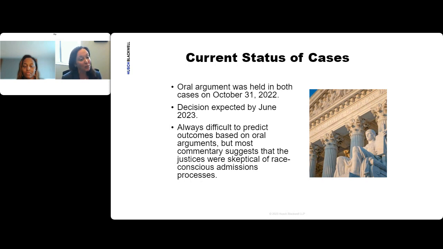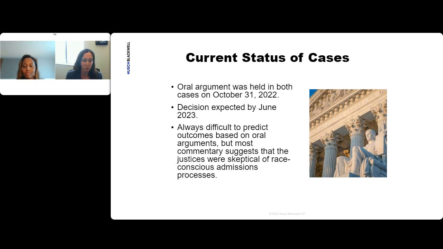Of course, it's difficult to predict outcomes when it comes to Supreme Court cases, but we know that Chief Justice John Roberts, as well as Justice Clarence Thomas and Justice Samuel Alito, have opposed race-conscious admissions in previous cases. And we don't have prior decisions from Justice Gorsuch or Ketanji Brown Jackson, Kavanaugh, or Justice Amy Coney Barrett. And so while they haven't ruled on race-conscious admissions decisions in the past, we know that it would only take two of the justices to join the others in overturning Grutter and the other precedent and banning